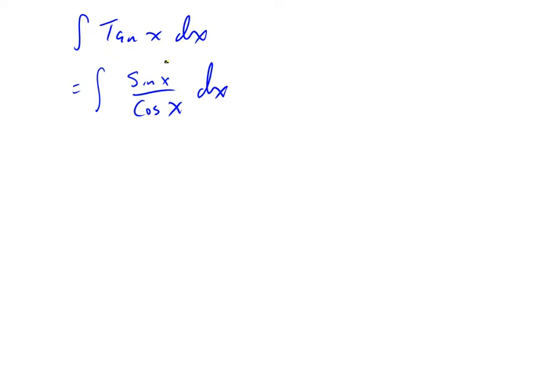Well, now this looks like something where I see sine and cosine, which are derivatives of each other, well, up to a minus sign anyway. But if I let u equal the denominator here, cosine x, then du is minus sine x dx. The derivative of cosine x is minus sine x. And so, except for the minus sign, I've got the du there. So if I throw a minus sign in and take a minus sign out, essentially multiply by -1 and then multiply by -1 again,